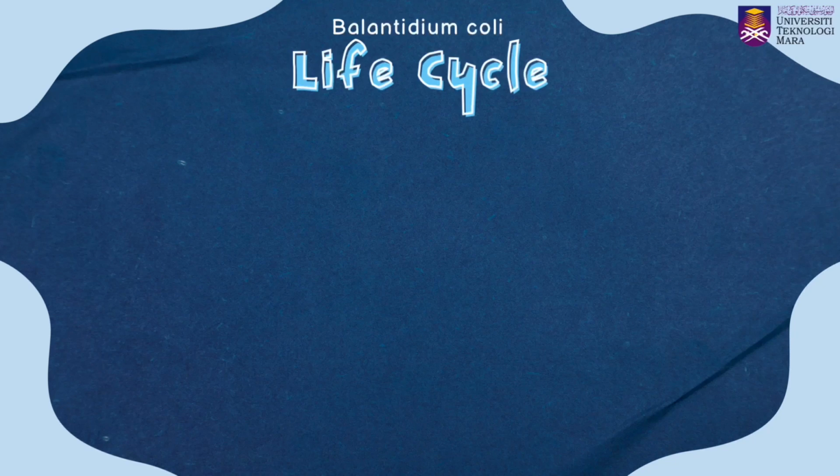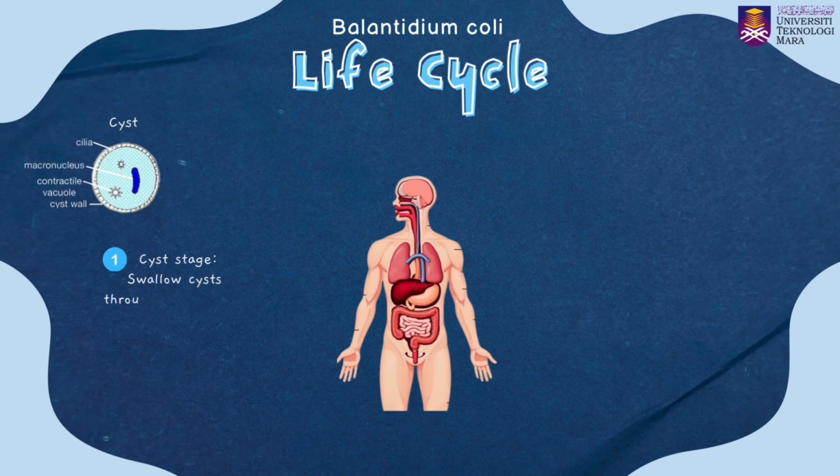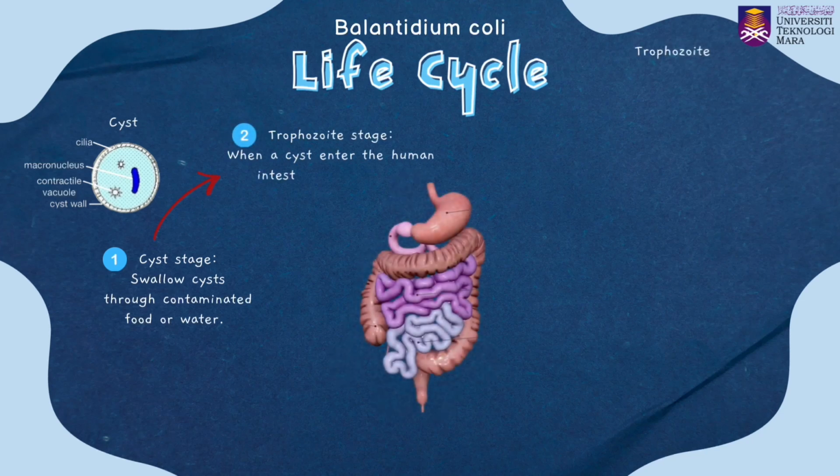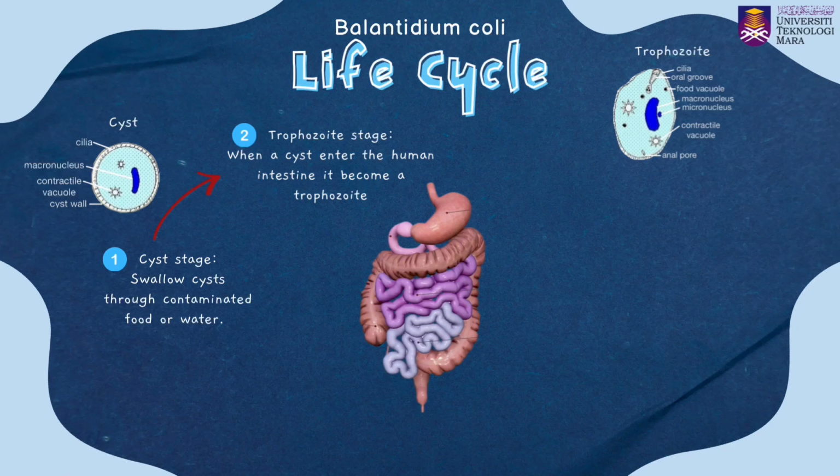Life cycle. This is the life cycle of Balantidium coli. The cycle starts with the cyst, the inactive form, which is very resistant and can survive outside the human body in contaminated food or water. When the cyst reaches the human intestine, it becomes a trophozoite, the active form that feeds, multiplies, and may cause